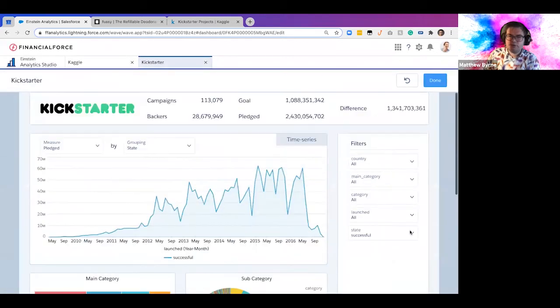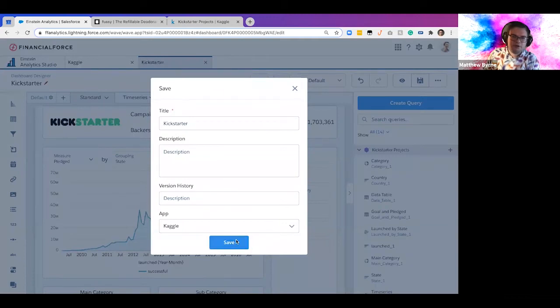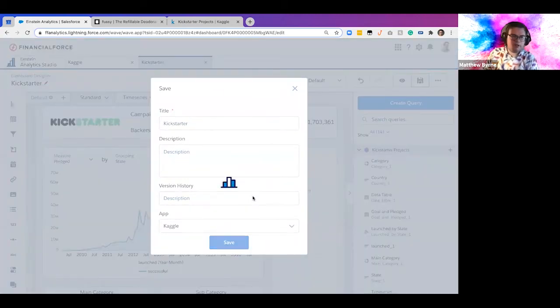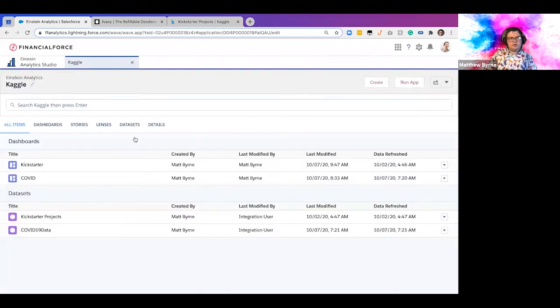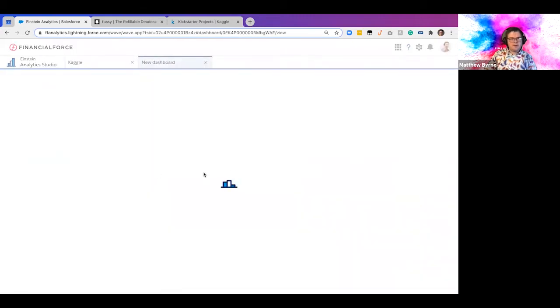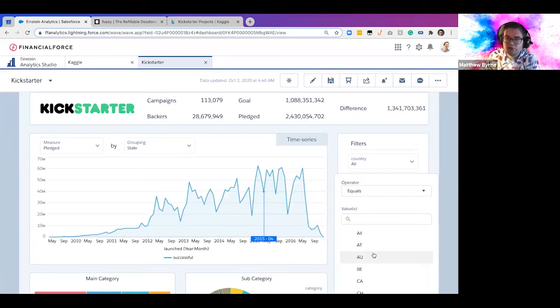There we go. Successful, done. If I save now, it's going to remember it for the entire org. Okay, so next time I open it, here we go. Next time I open it, it's going to remember that I chose successful. Now there are other options as well. If I filtered to only show me the UK,